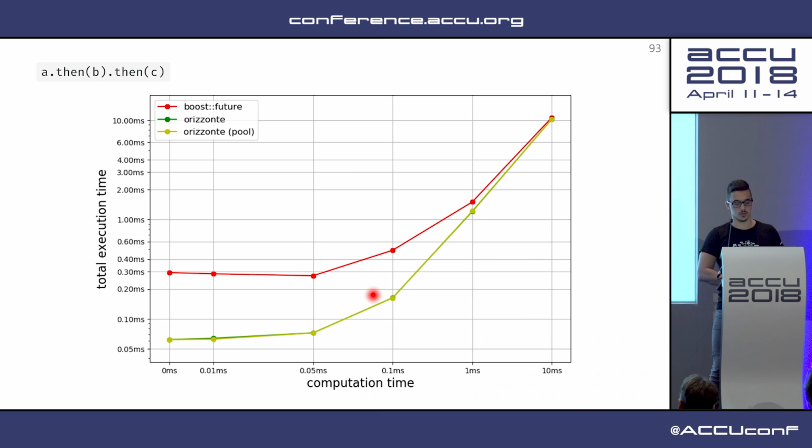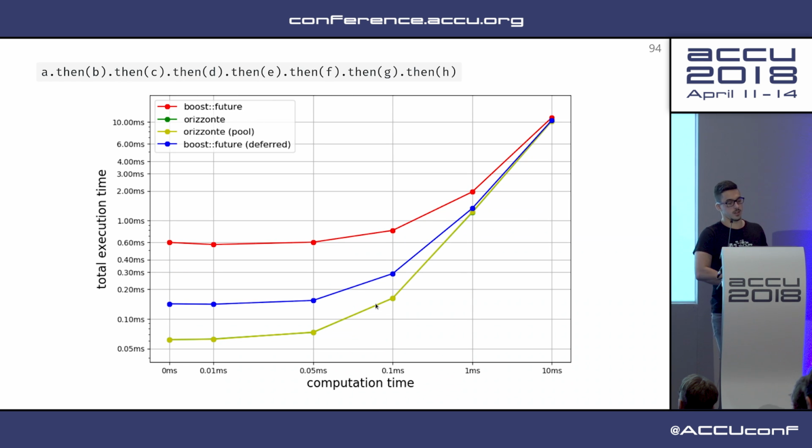But before, if you have some computation that takes 0.1 milliseconds, the difference between the non-type erased version and the type erased version gets bigger and bigger. So if you have some sort of thing that you want to represent as a nice abstraction over parallel computations, and you're going to run it often in a tight loop, then you will benefit from using this kind of system. Now you can go crazy, and you can have a B, C, D, E, F, G, H, so this